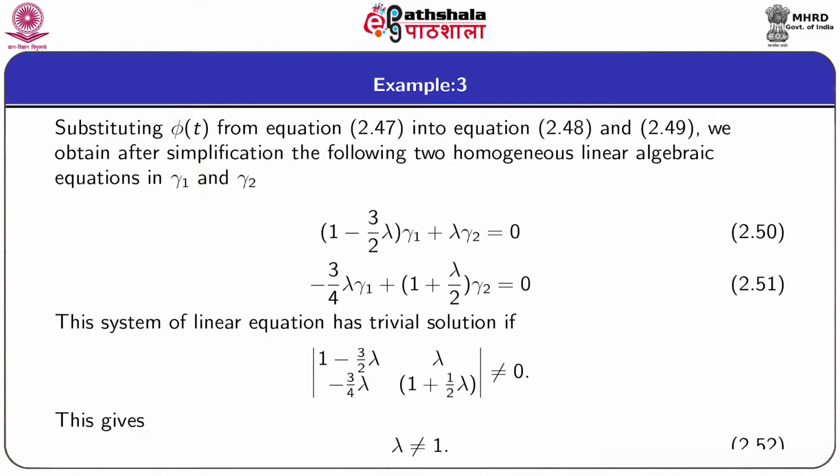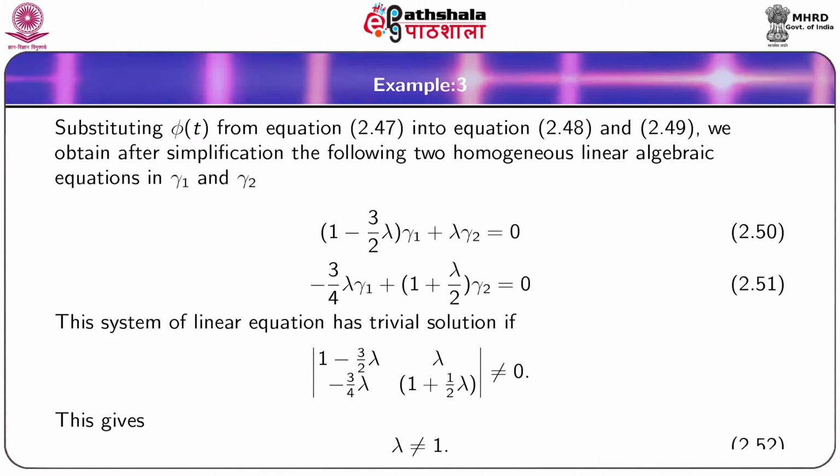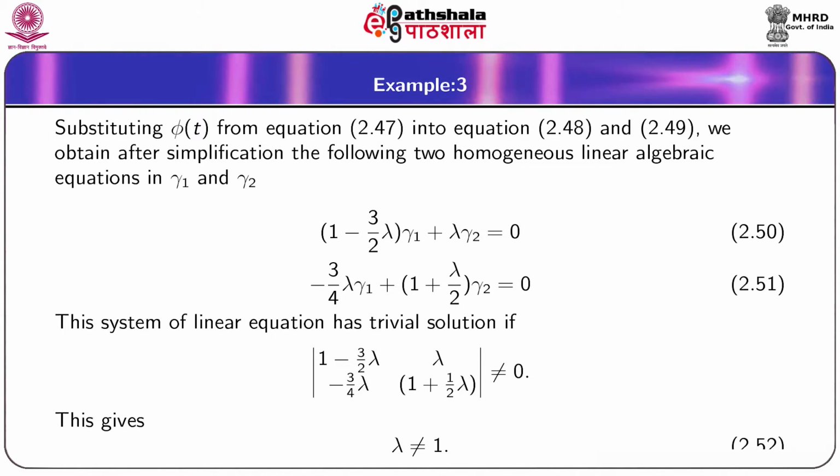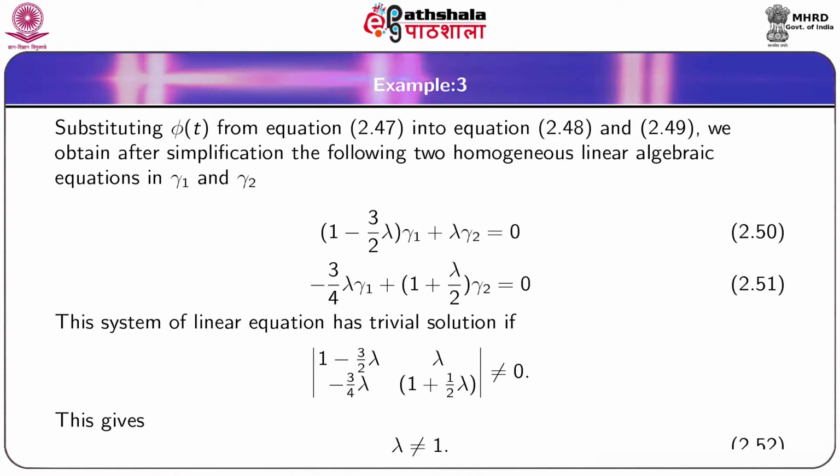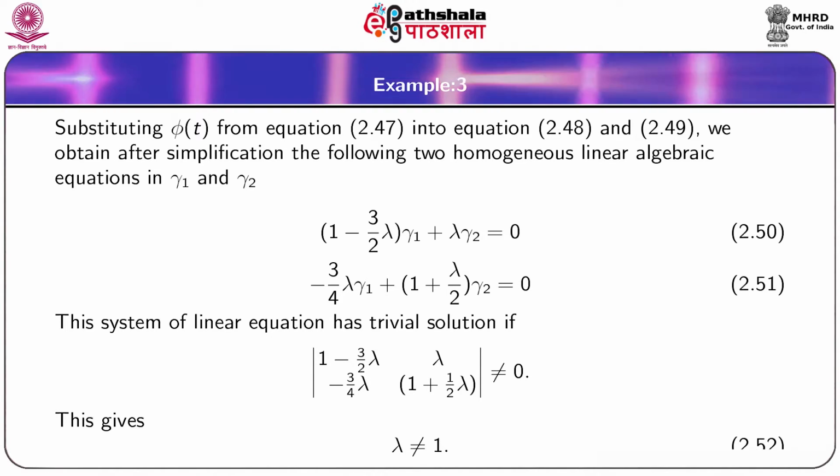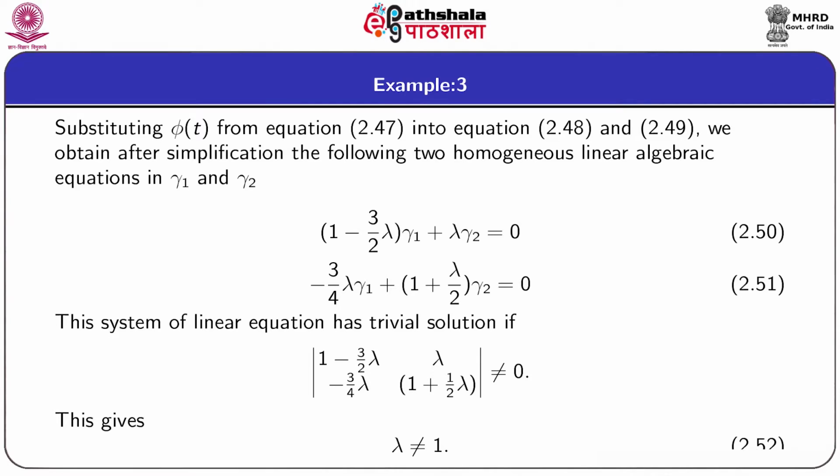This system of linear equations will have only a trivial solution if the determinant of the coefficient matrix given by this is not equal to 0. Expanding this determinant, we obtain